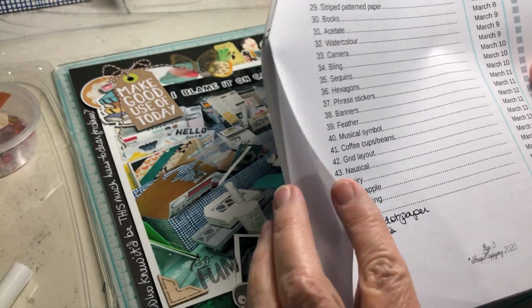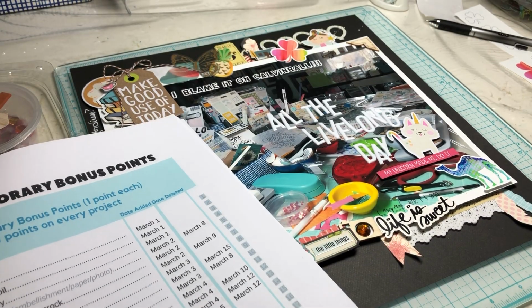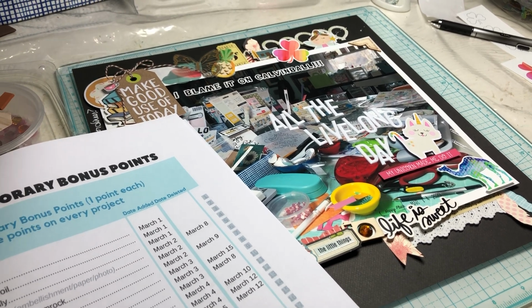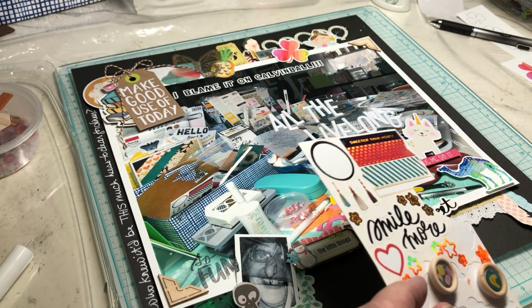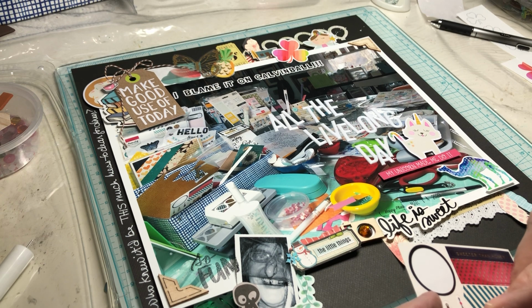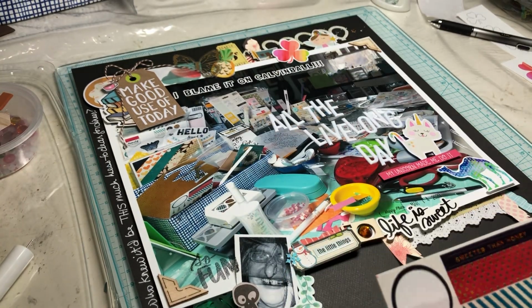And we're on the second list. These are the temporary points. Starts with a star. And I've got in these sticker sheets from Vicky Booten, we need a star and gold foil. So these stars are gold foil, and they're tiny, so they're not going to take up a whole lot of space. I'm going to put them out. I'm going to use a few of them,